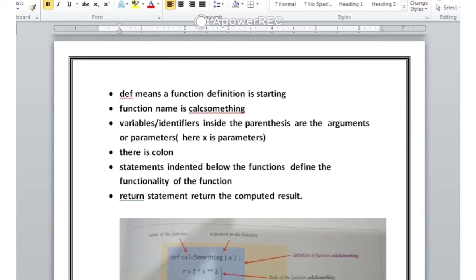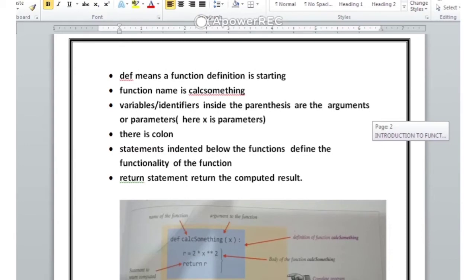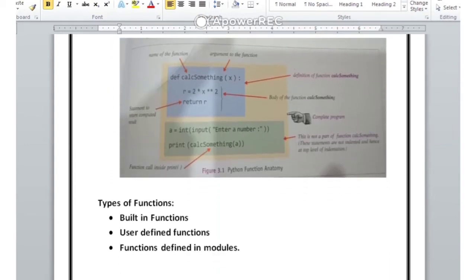After that we can have some statements which are indented inside the function, and the function can contain a return statement. As we are discussing, a function can return something.